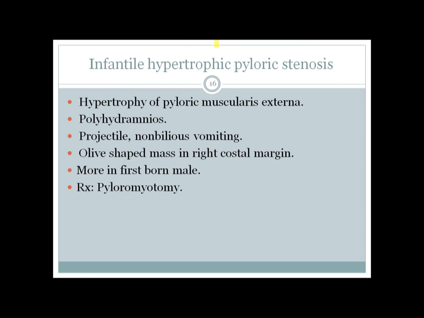So here we discuss some congenital defects that are associated with development of the GI tract, and the first one is infantile hypertrophic pyloric stenosis. As you can see, it occurs in infants, most commonly in firstborn males. Hypertrophy of the pyloric sphincter occurs, especially hypertrophy of the pyloric muscularis externa, which is also called the pyloric sphincter,